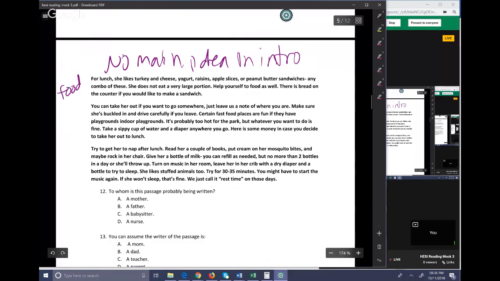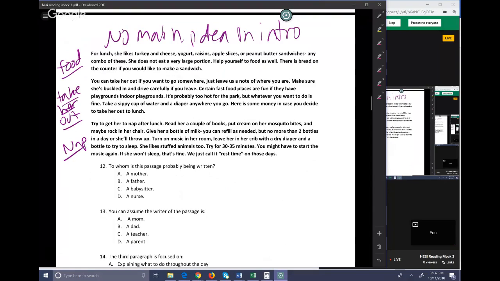What I mean is they didn't introduce a point and then proceed to explain the point. They skipped introducing the point and just went straight into details. So they could have done a paragraph at the beginning that said, thank you for coming. I'm so glad we get to go out and do this thing today because you're babysitting the kid. But they didn't. So they went straight into food, taking her out and what would be involved if you took this kid out of the house, and then napping. So those were each focuses, and you're essentially lacking an intro. If you were confused about that or wondering about that a little bit, hopefully that helps you clarify that your thought processes were correct. You did not need to find a main idea.